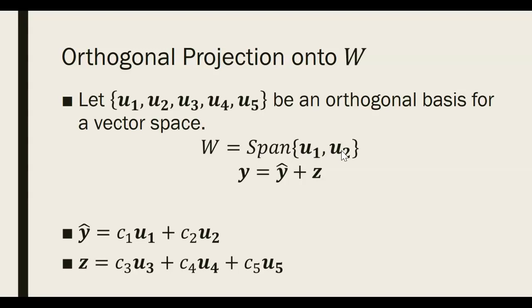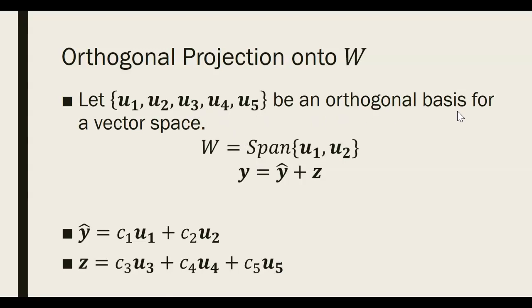So basically, when I break things up into component parts, if I want my y hat to be inside of W, I want my y hat to be a linear combination of U1 and U2. That means my z is going to be a linear combination of the three other vectors, U3, U4, and U5,